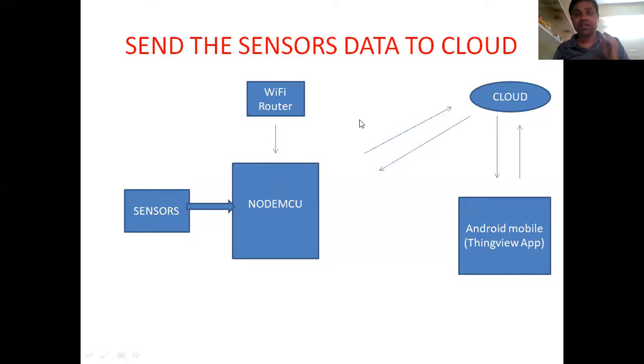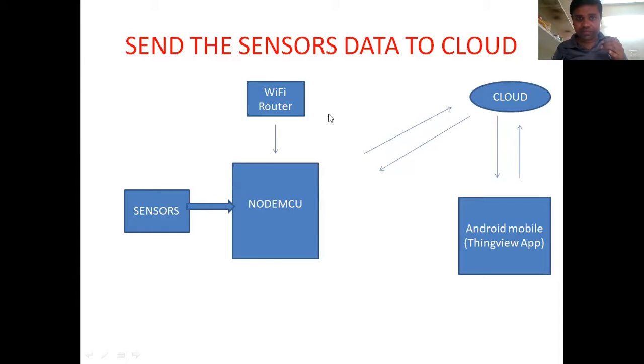The main thing is, in order to develop the IoT application, first we should be aware of what the username and what the password of the nearest Wi-Fi network is. Your mobile Wi-Fi: what is the password and what is the username for your Wi-Fi network? You should be aware of that.